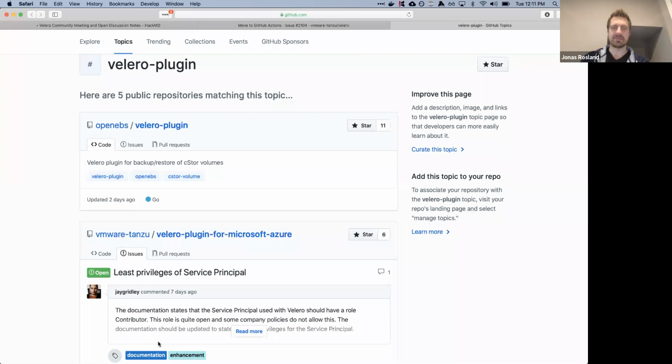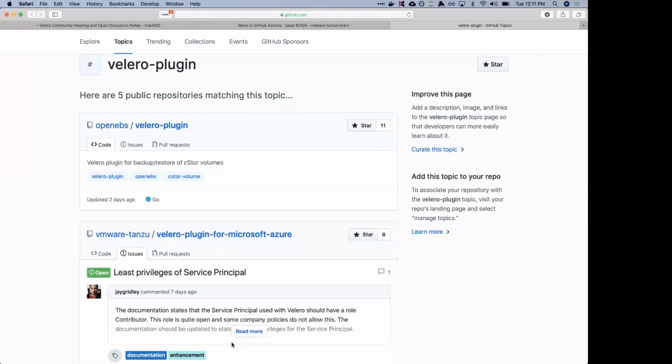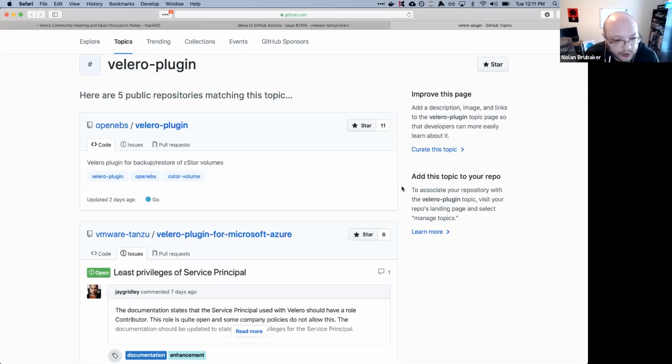Ashish, do you have any comments there? Yes, on the move to GitHub workflows, Nolan, do we have the same feature parity with Travis? For example, our repo currently displays things like the build status, right? So do we get the same benefits from moving to GitHub workflows? When I was playing with it in the beta, yeah, we did.